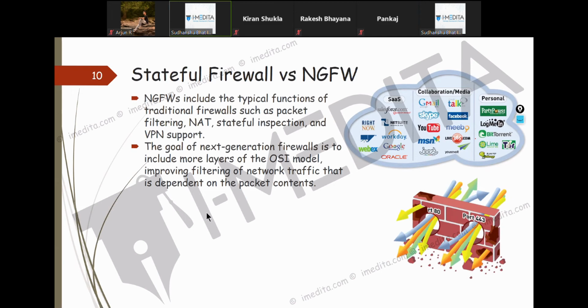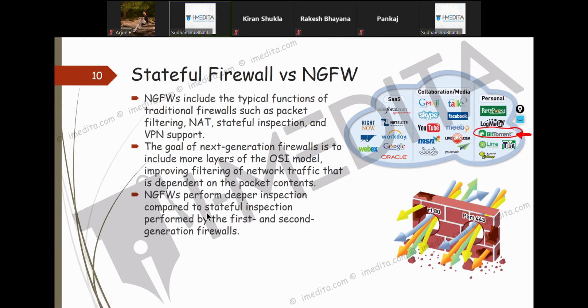Suppose you talk about torrent. Any torrent application will check whatever port number is open and utilize that to go out. So making rules based on port numbers is not a good thing for a modern network.